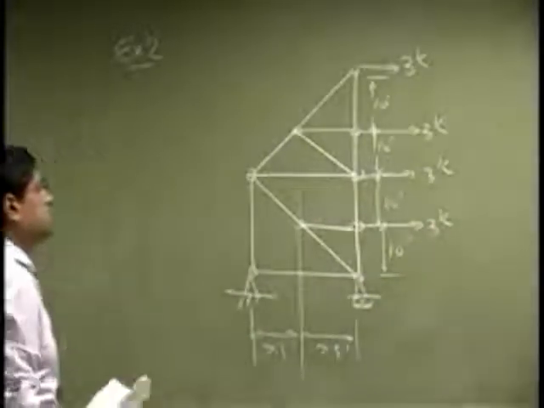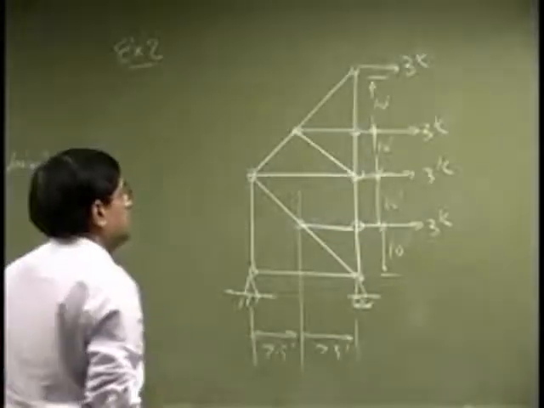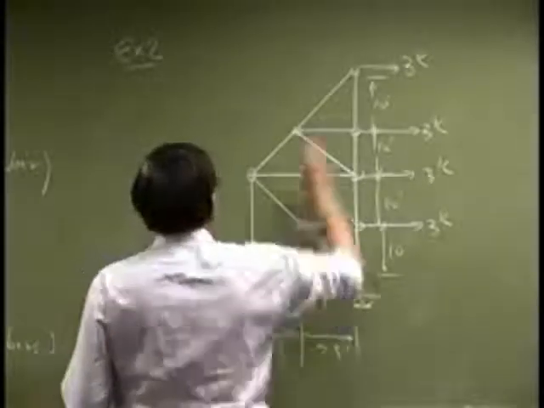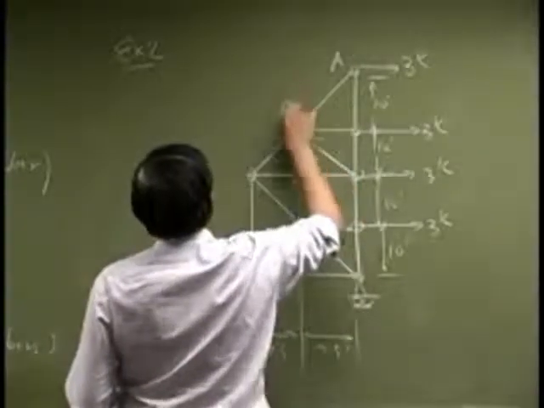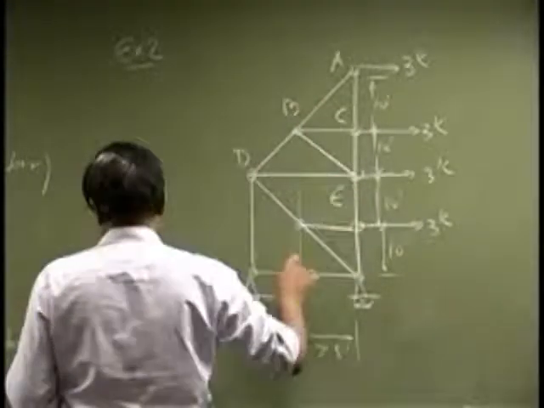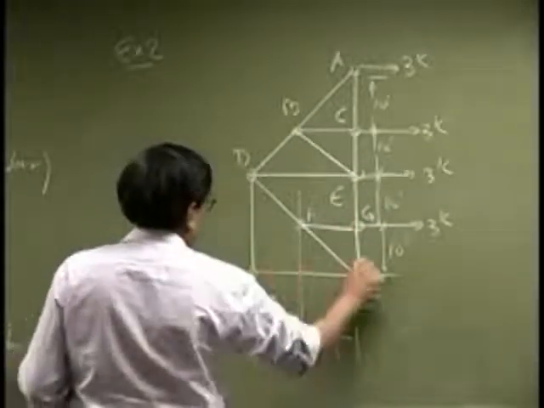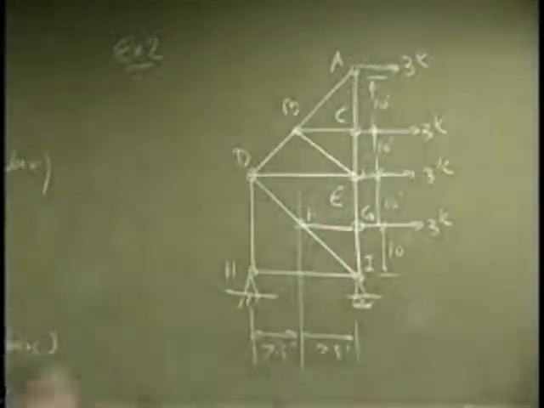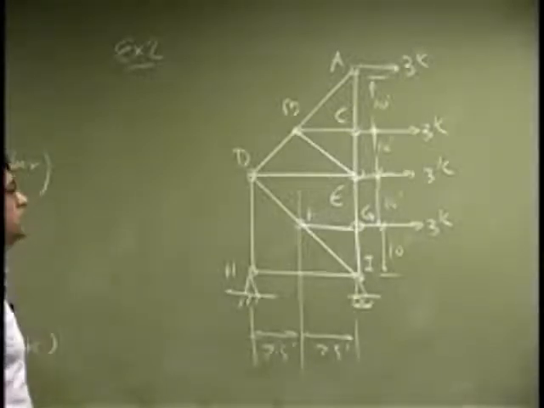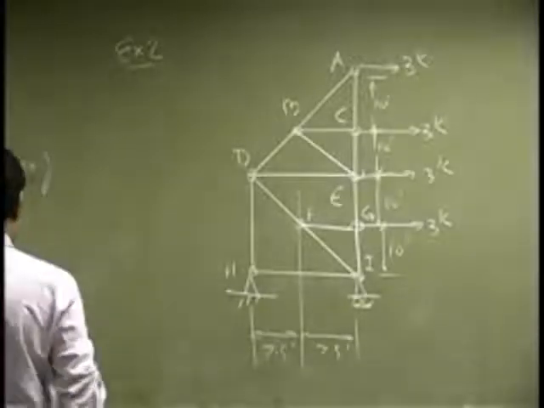Okay, so here's the truss, and you have the forces at 3 kips. Then we got a number of joints as A, B, C, D, E, F, G, H, and I. So those are the joint numbers of the letters, and then the question here is to find